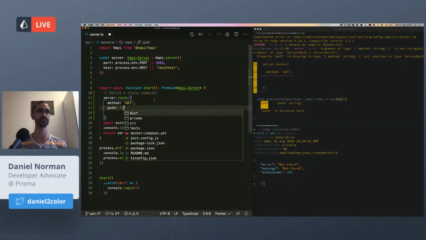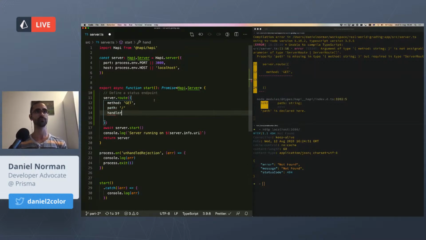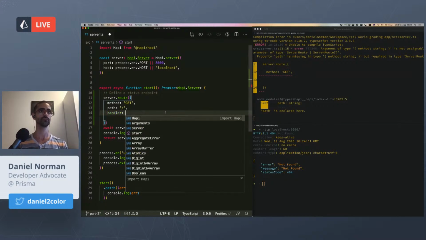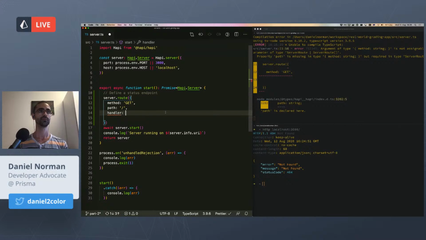We're going to define its path as just the root path, and we're going to have to provide a handler here. And the handler is the function that will get called every time a request comes in. And the signature of a handler is you usually have the request, and we can actually see that with the auto completion here. So okay, and of course it can be async, and so we have here this request, and the request type, I believe it's Hapi.Request,